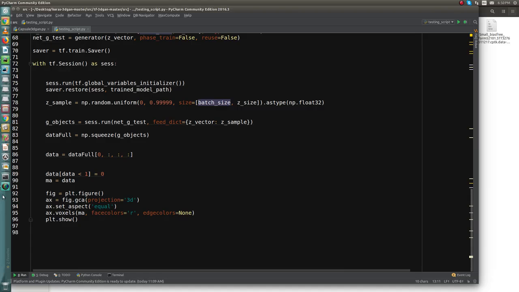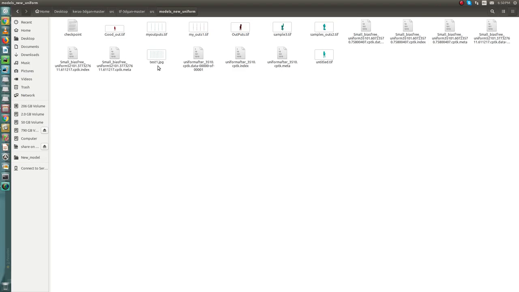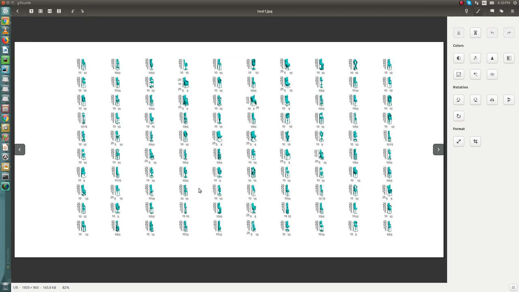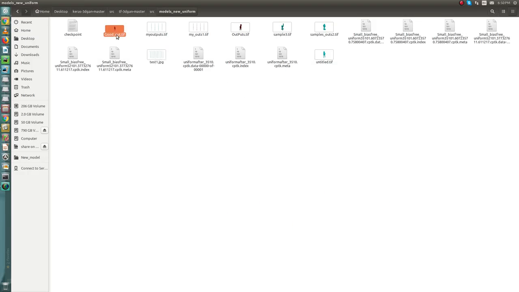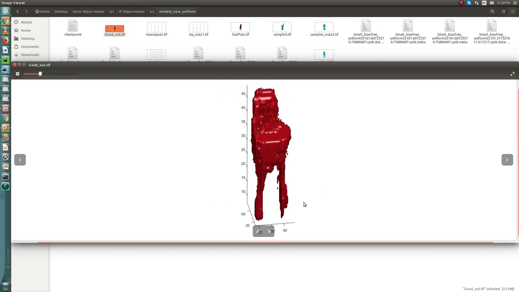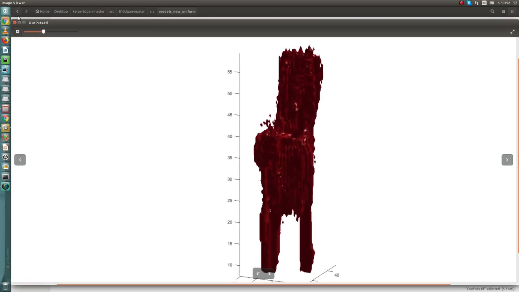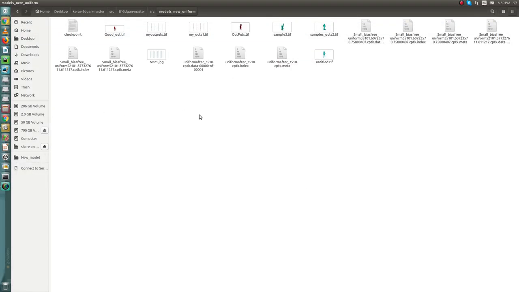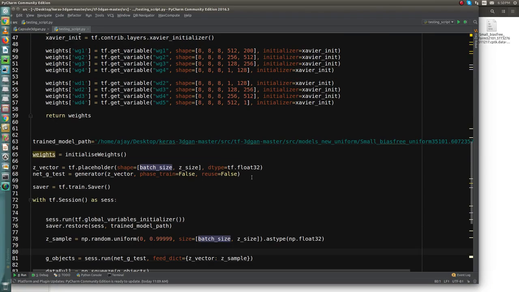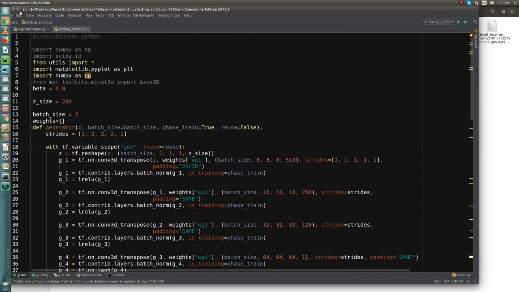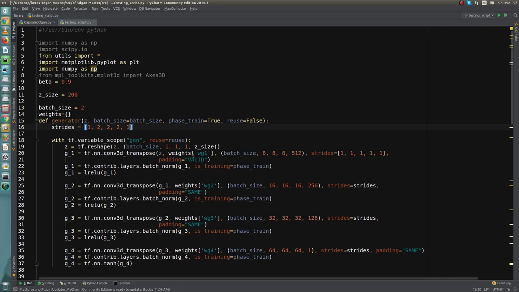For showing these outputs I used MATLAB instead of matplotlib, but I'm on this computer with Linux, and I don't have MATLAB in Linux, so I have to use matplotlib. So let's run this code and see what output we will obtain.